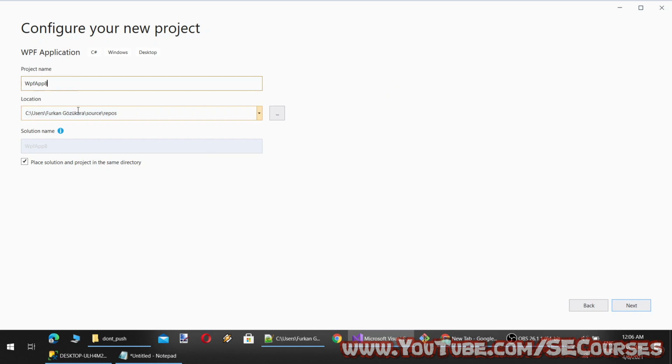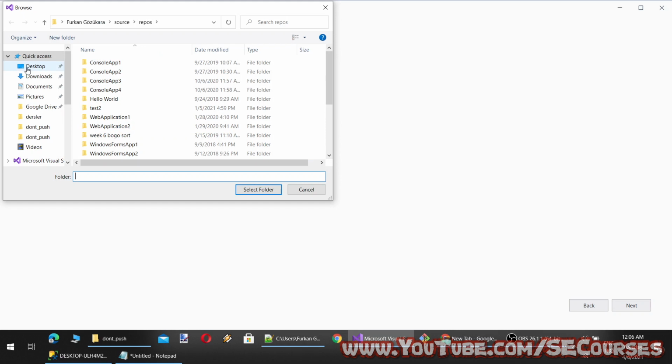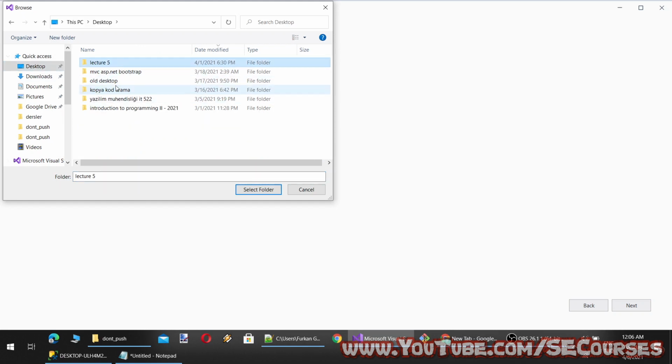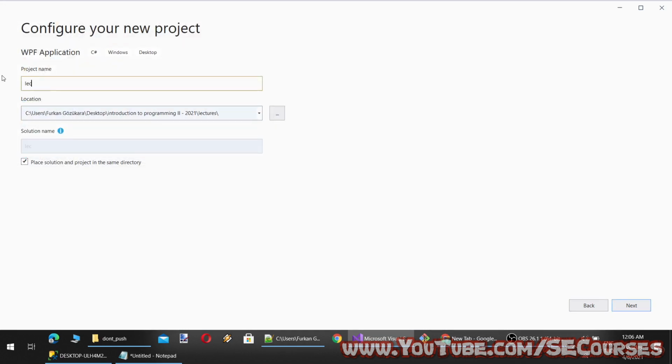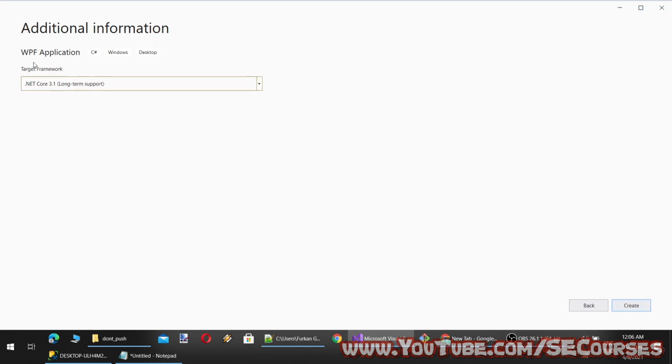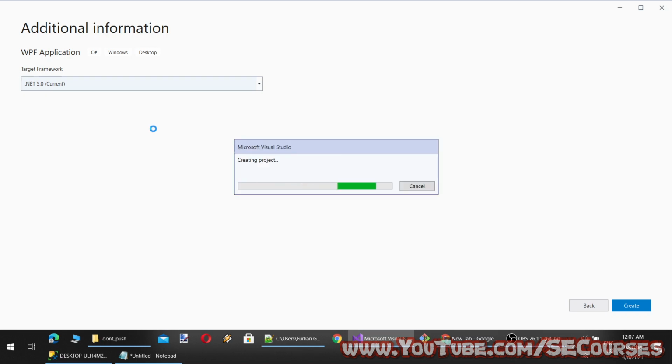Okay, you see there is no framework selection. So let's pick this source folder. Here. Okay, lecture 6. Okay. Oh, there is .NET 3.1. You see now it shows this is one out of support, this is long-term support, and .NET 5 is current. We are going to always use the newest technology.